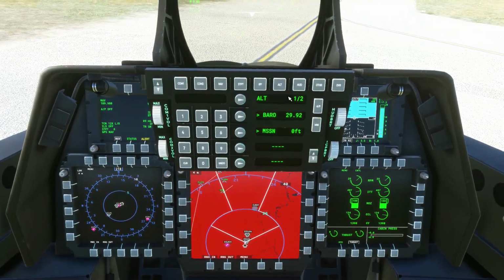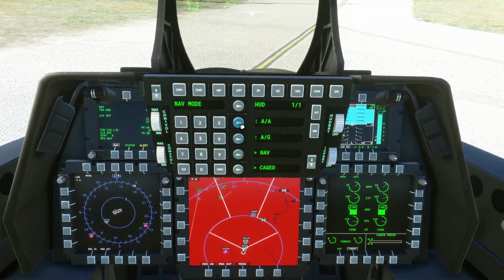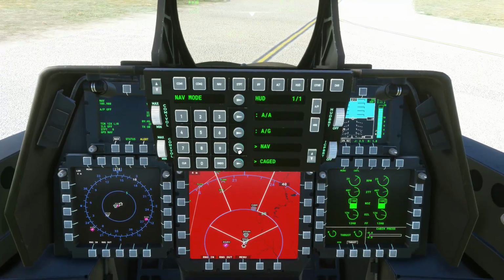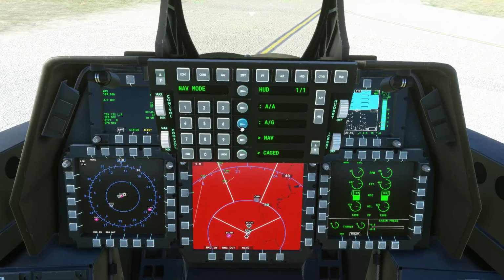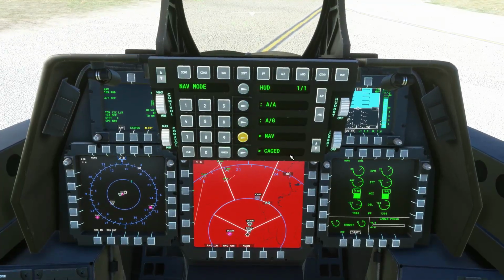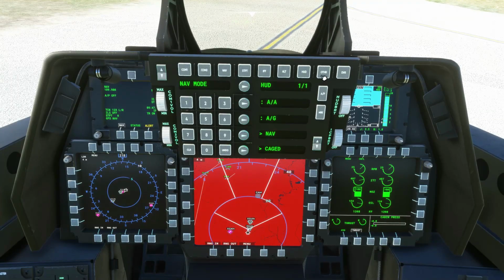Okay, go to HUD, and this will give you the different HUD settings, whether you want it for air to air, air to ground, or nav, which I'm currently in, which is shown by the chevron, caged or uncaged, and we only have the one page on there. We go to other,